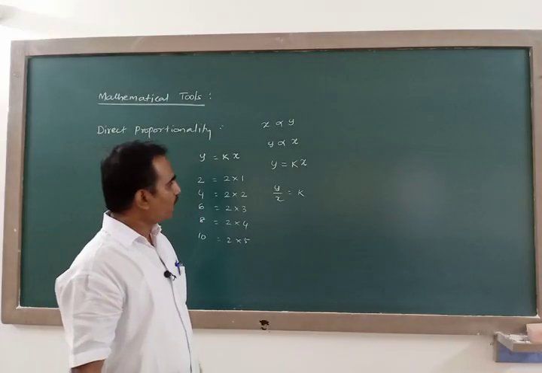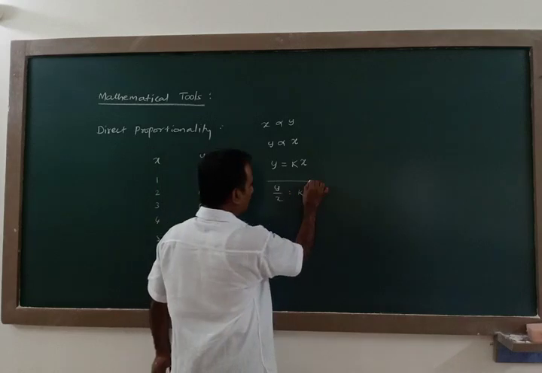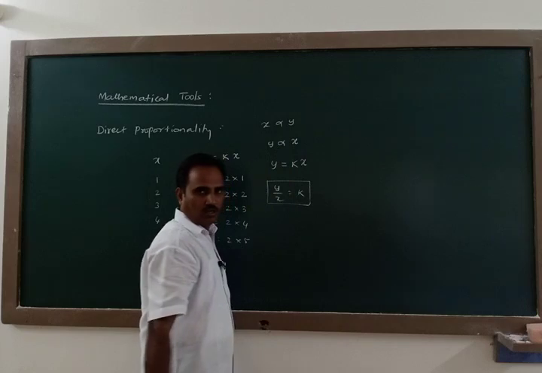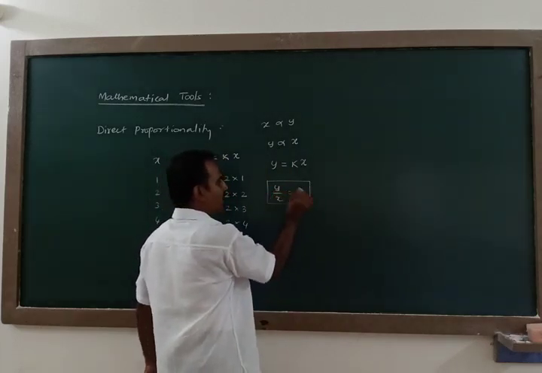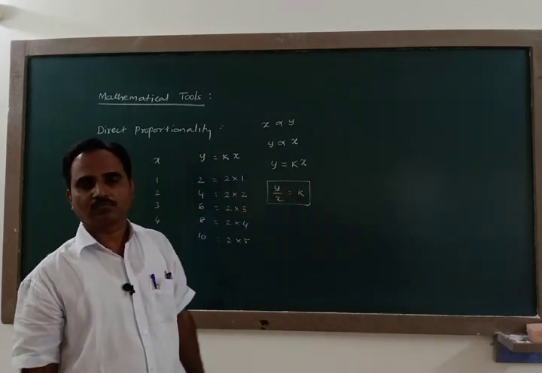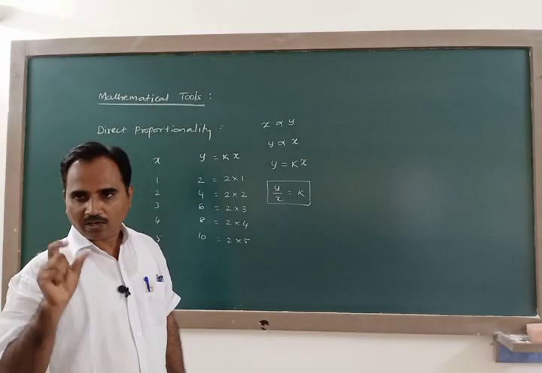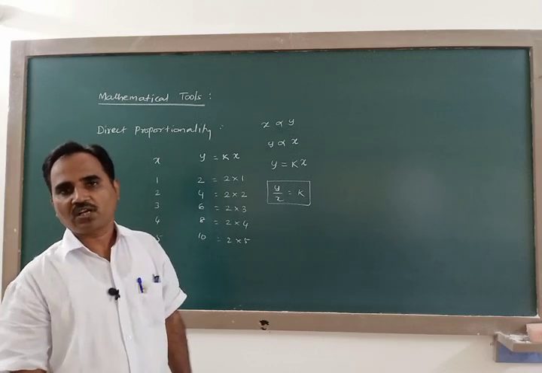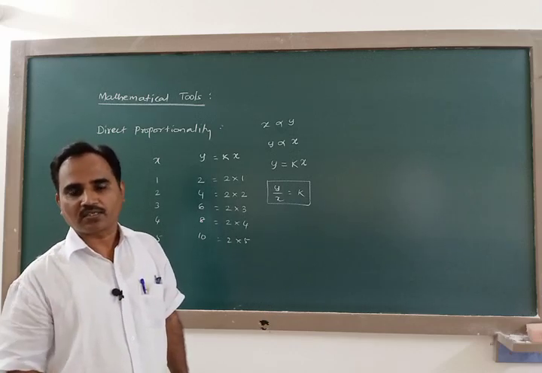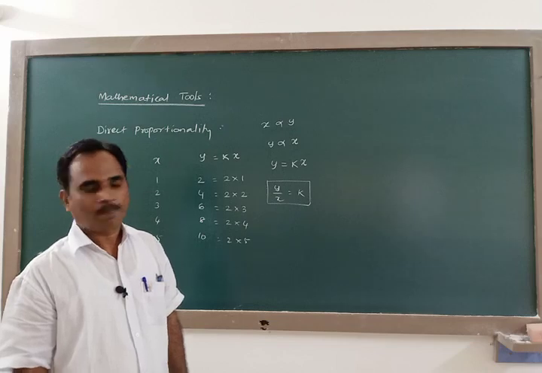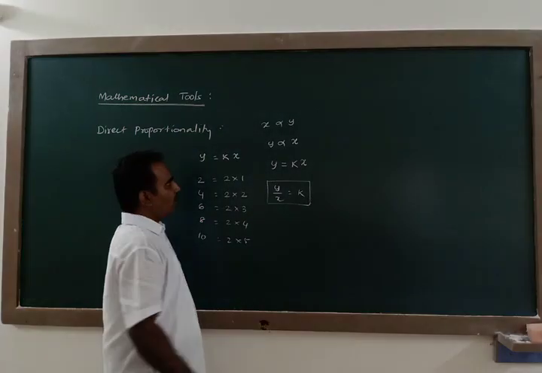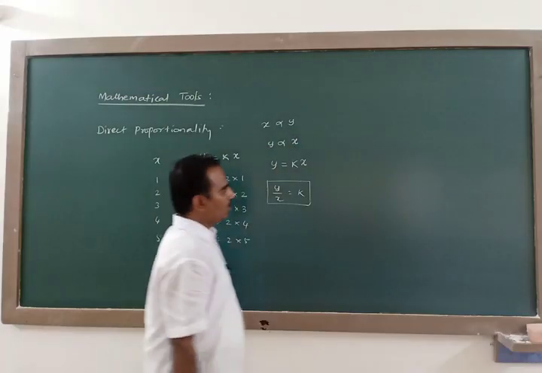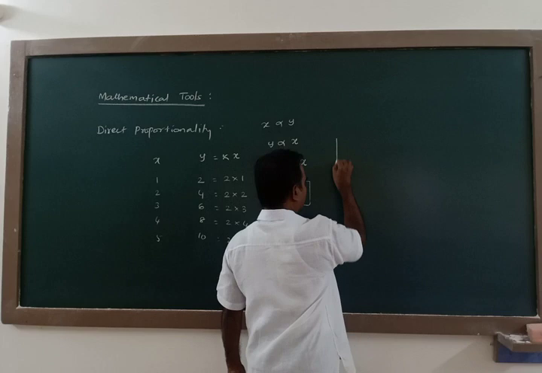So you can also make out that if two physical quantities are directly proportional, then their ratio must be a constant. If two physical quantities are directly proportional, the ratio between these two physical quantities must always be a constant. And further, when two quantities are directly proportional like this, if you plot a graph between them,